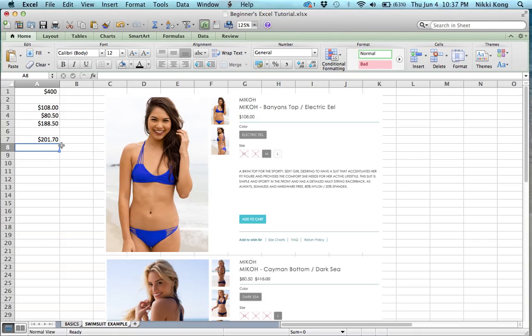So let's say now that shipping is $10. We'll do an equal sign again, and we'll select the 201, and then we're going to add $10 to that to see how much it all costs with taxes and with shipping. So we get $211.70. We can go up here and make that number bold so we know that's the grand total of everything,